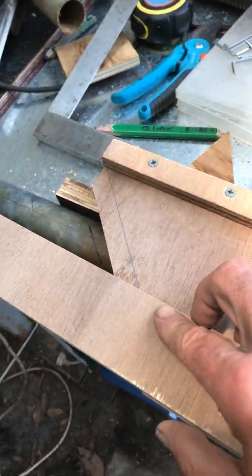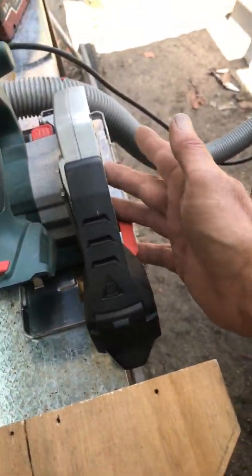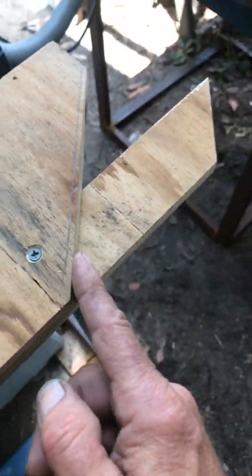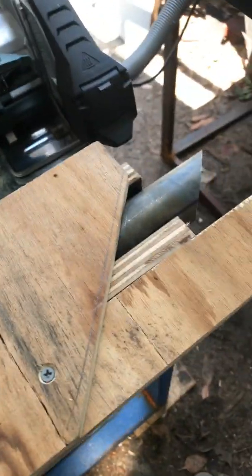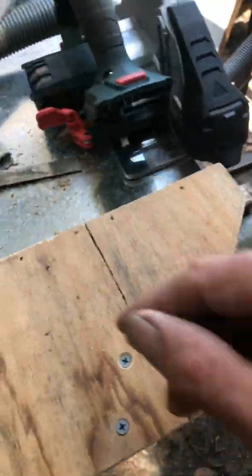Then I screwed this backing plate in, and then I put this one in as a support guide. So this one goes on this side, right? So I made one. See, now I have a benefit. This saw here has the blade on the right hand side, so you do your cuts from this side. And if you can imagine, I've got the workpieces coming over there. So I got this workpiece here, I set this up snug, and then I do my cut, and this base plate sits on here, and the distance from here to there, I made a little